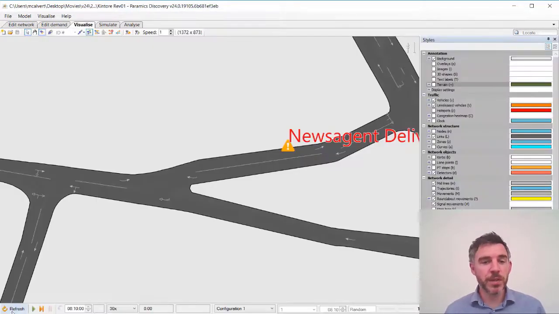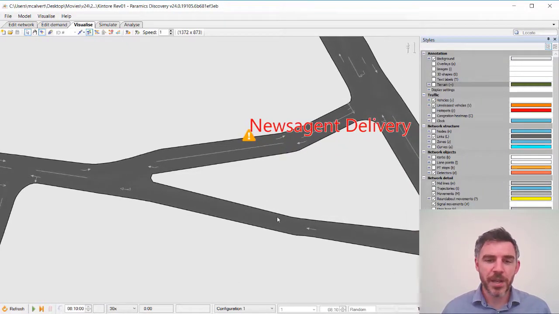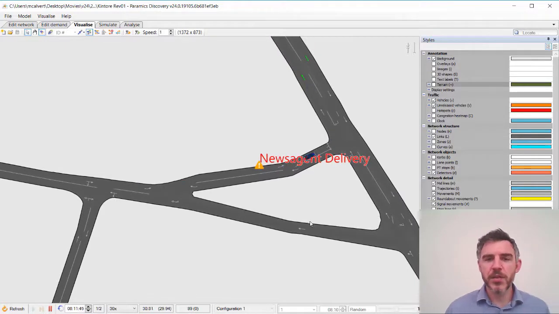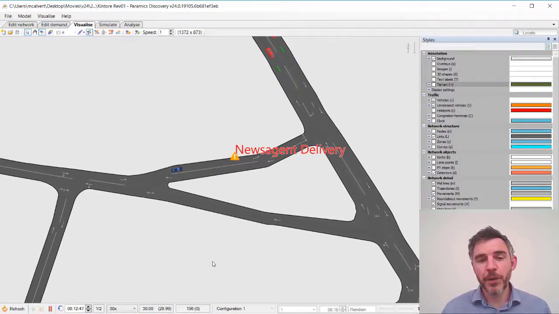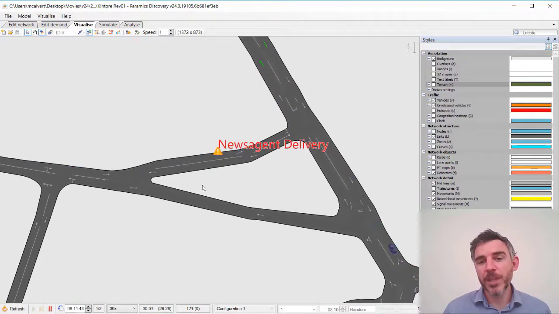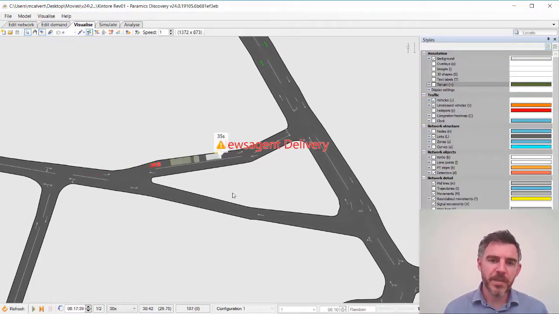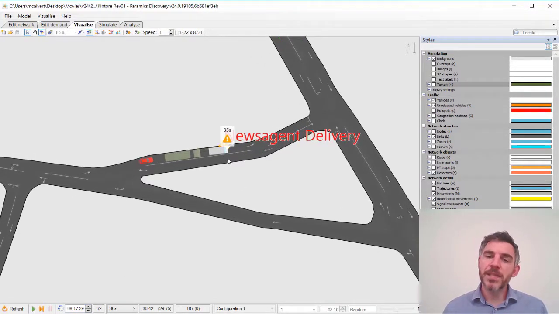So I'm going to go to the Visualize tab, refresh the network, and start the simulation, and we'll have a look at the newsagent delivery first of all. Now, the incident said it would happen between 8:10 and 8:20, so let's have a look if we can see that incident occurring. And you can see there the incident has happened at 17 minutes past 8, so it's picked up a light goods vehicle and it's randomly assigned at a time between 1 minute and 1 minute 30,